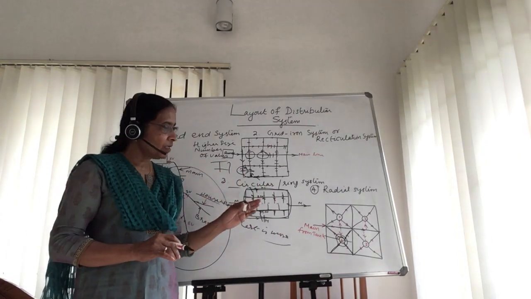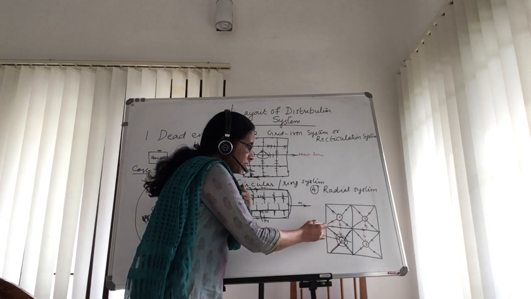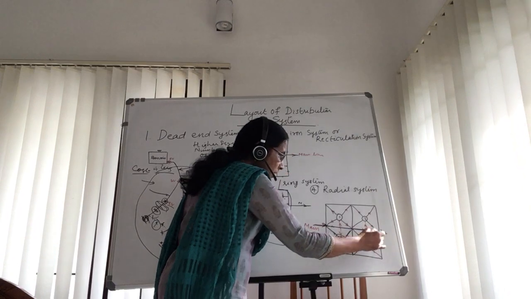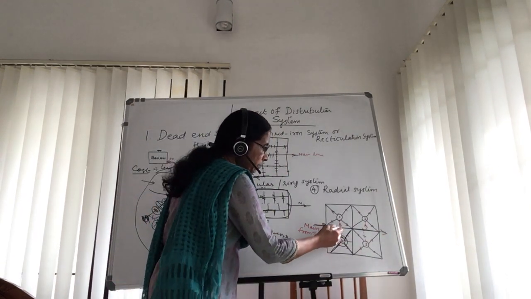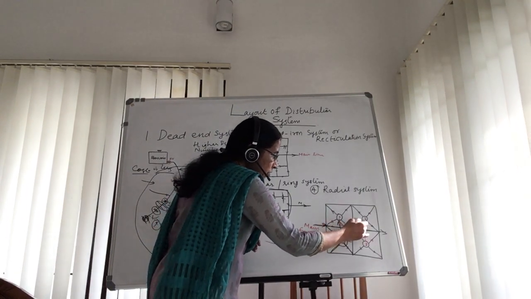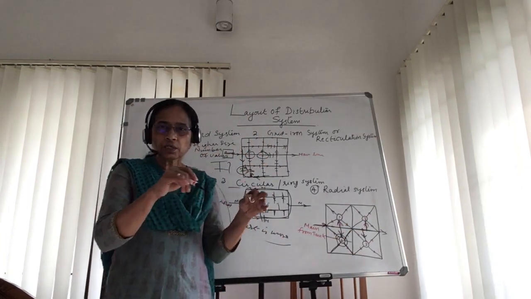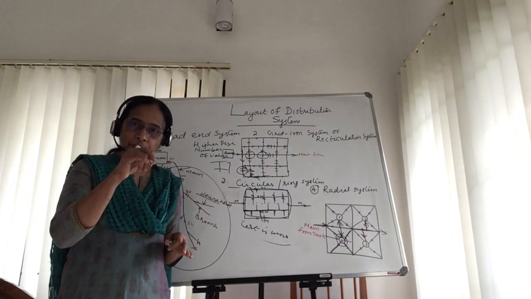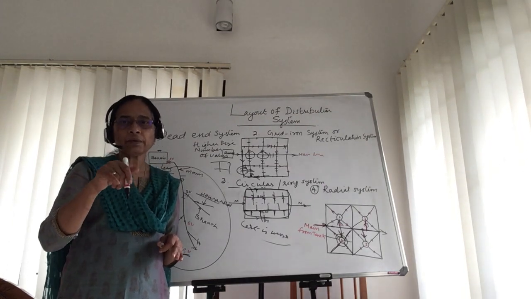That is the radial system. And here from the sketch itself you can see that the main pipe is coming here. This is the main pipe. It is passing through the center of the main community or the city. Then you are taking the branches from there. You are taking branches or sub-mains connected to the reservoir. So these sub-mains are connected to the reservoir directly. It is not connected to the network. You see, the sub-mains are connected to the overhead tanks from where we are supplying water.